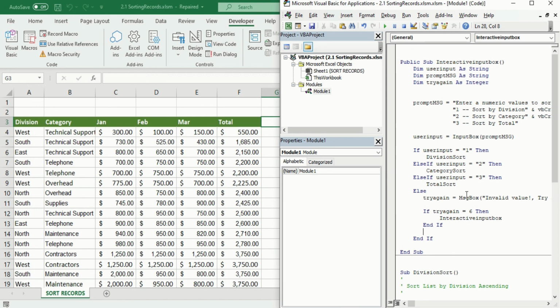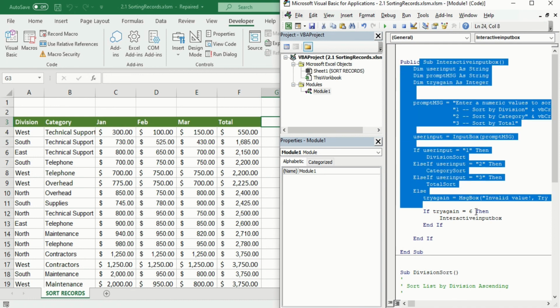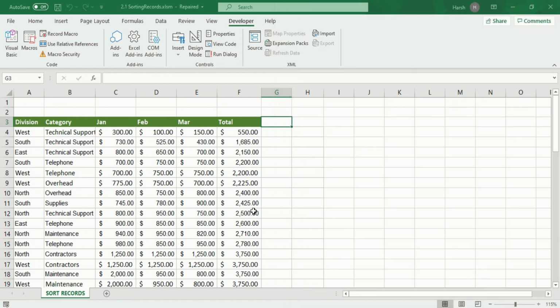So this is how you create an alert for your input message. So this is very essential to learn and remember, because it will help you in the long term, so that you do not let any backspace or any space create a problem for you in the future. So this is a complete automation process and will help you in the long term. So I hope you have learned everything by creating a basic input message and creating an alert for the input box. So this is how you do it for normal sorting, and you can apply it for different purposes.